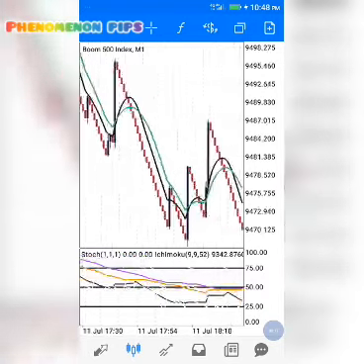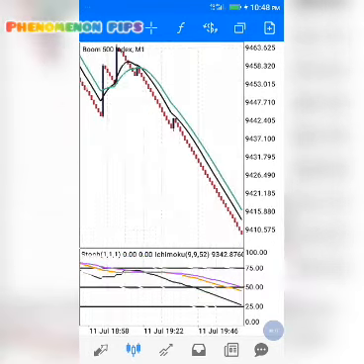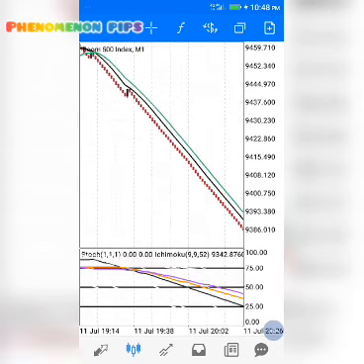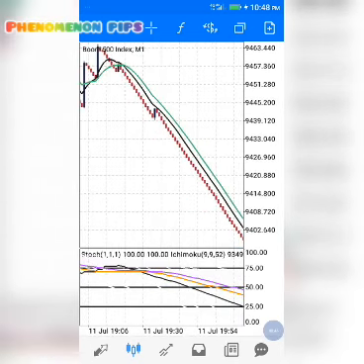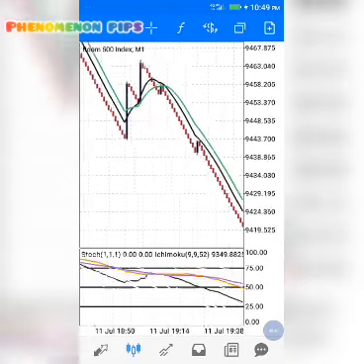So these strategies, all the strategies that I'm posting now, you can use for two things: for scalping and for catching spikes. This one also works for catching spikes and for scalping. You can scalp for like 10 minutes, 15 minutes, depending on how you want to stay in the market. This strategy is really amazing.